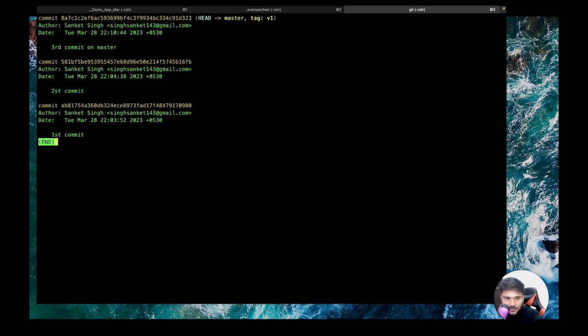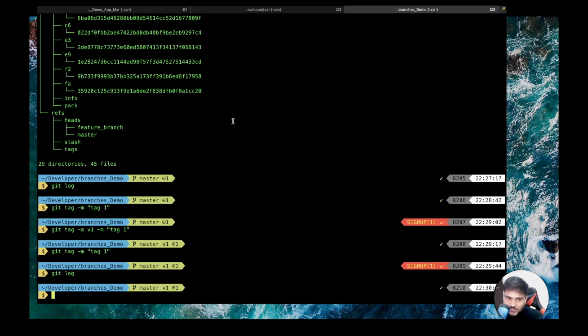If you now do git log, you can see the tag v1 is showing. So annotation is technically like a tag name, and there can be a custom message for the tag. Technically you can keep both of them the same also. That's why I said I don't know what exactly you would like to do, but if the description or the message of the tag is very long, then this v1 can be a tag name. So how do you create a tag? You do git tag -a, put the tag name, -m, and give the description of the tag. Tag name and tag description can be the same or different, whatever you want to keep.